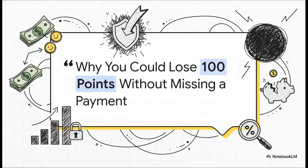So what if I told you that you could pay every single bill on time, like clockwork, and still wake up one morning to find your score has tanked by 100 points? Seriously, it sounds nuts, but it happens all the time. Why? It's because of one single, massively misunderstood factor: your credit utilization. This is the hidden enemy, and today we're going to drag it into the light and show you exactly